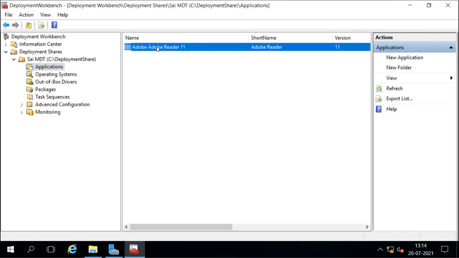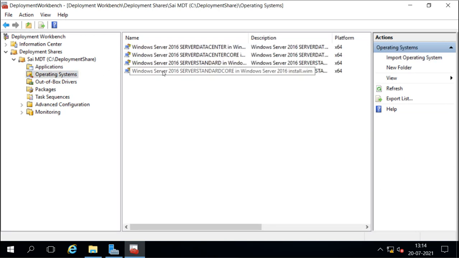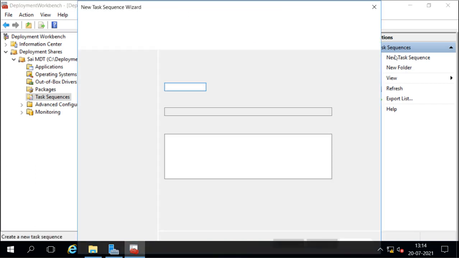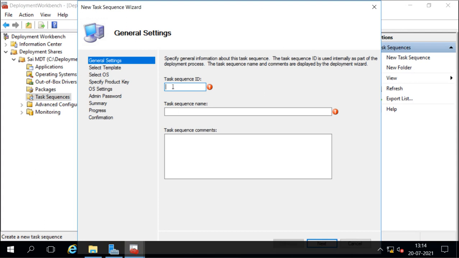Now we have added the application, and we have added the images also. Now what we have to do is create the task sequence. This task sequence will decide how we are going to deploy the operating system. There is no task sequence here, so I'm going to create one new task sequence. Now for this task sequence, you have to provide the name. This ID is for your reference, since you may have created lots of task sequences, so you can decide a unique ID for it, and you can give a unique name also.